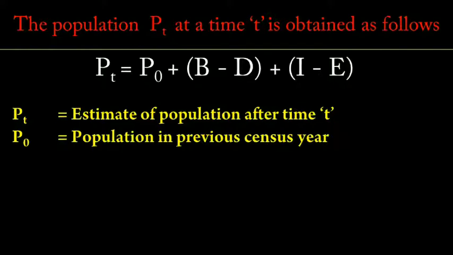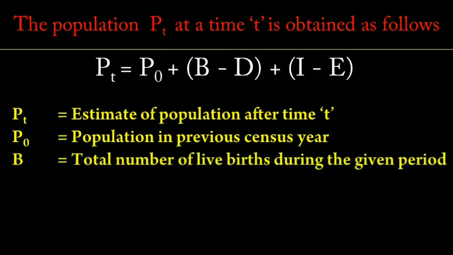P naught is the population in the previous census year, which means if the previous census was conducted in the year 2011, you can consider that data, or if the population of the previous year is estimated, you can consider that data as well. For example, now it is 2020. If my intention is to find the population for the year 2020, in that case, P naught is the population for the year 2019. If the 2019 population is estimated, I can consider that data, or you can consider the population of the previous census year,